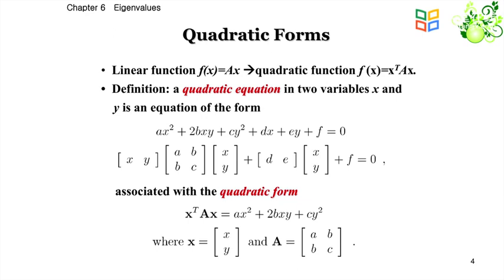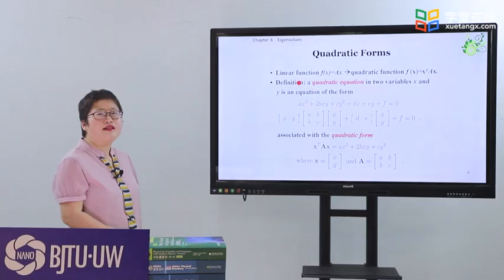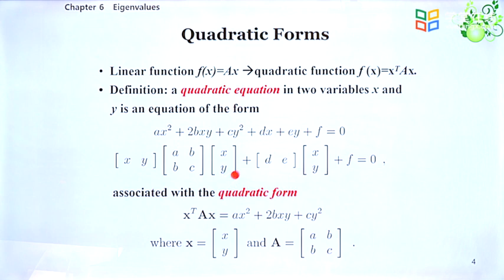Given a matrix A, we know that if we define f(x) equals A times x, then this is a linear function. And the quadratic function is like this: f(x) equals x transpose times A times x. The definition: if we consider a special case, if x is a two-dimensional column vector and the matrix A is